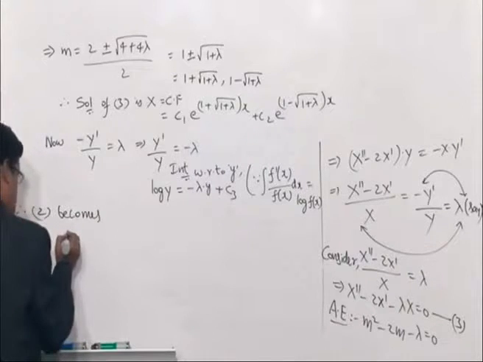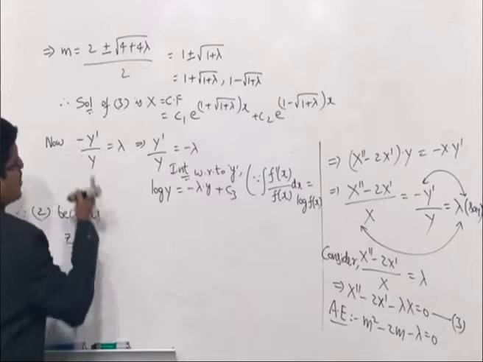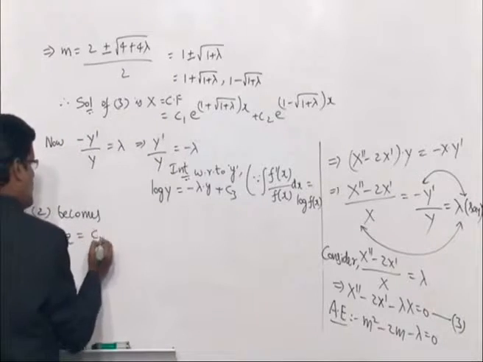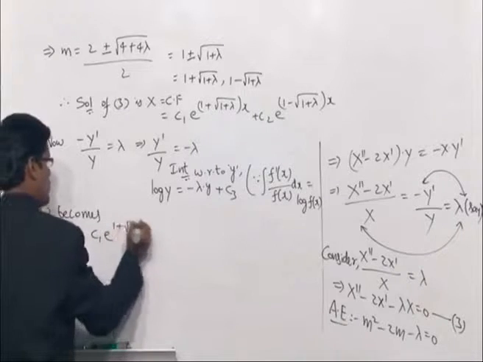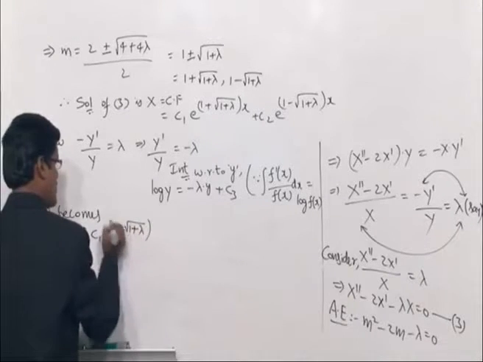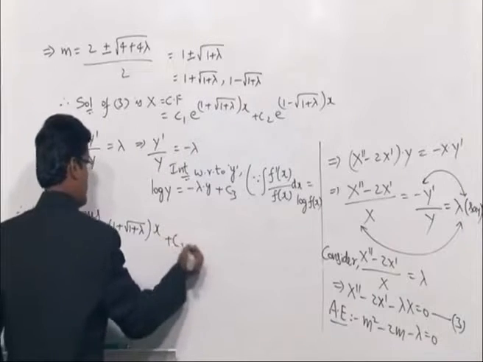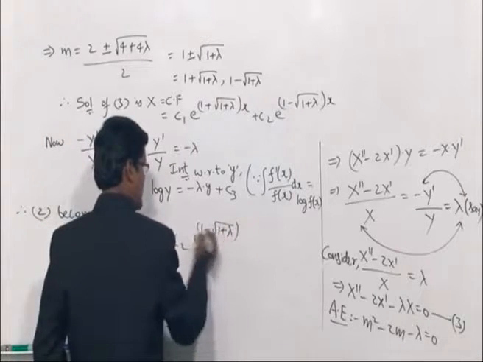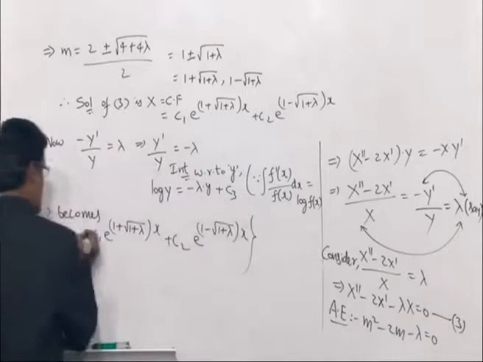What is equation 2? Z is equal to X of x, Y of y. What is X? This is c1 e power 1 plus root over 1 plus lambda times x plus c2 e power 1 minus root over 1 plus lambda times x. This multiplied by,